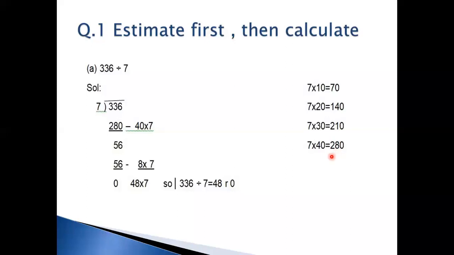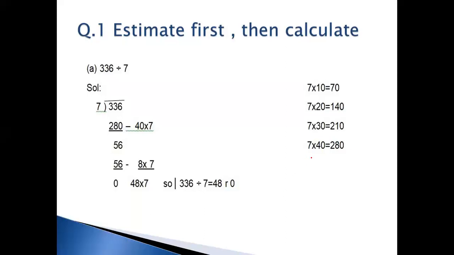Here I'm going to stop my working. Why am I going to stop my working here? Because you can see that there is a number 336, and I want to write the number which should be closer or equal or less than, closer to the given dividend. If we multiply 7 by 50, 7 5s are 35, the number will become 350.